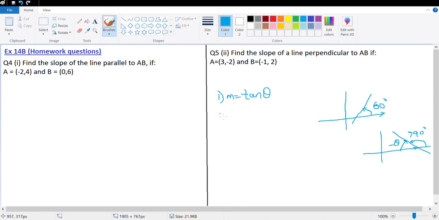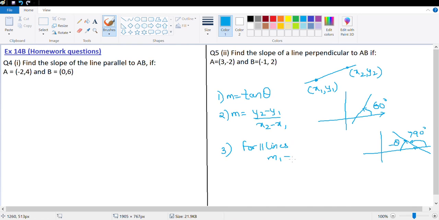Next, another formula for calculating the slope is y2 minus y1 upon x2 minus x1. What is y1, y2 and x1, x2? Let's say I have this line, I have a point which is x1, y1. I have a point which is x2, y2. If I know 2 points on a line, by using this formula, I can find the slope of the given line. And the third thing that we did was for parallel lines, slopes are equal, which means slope of line